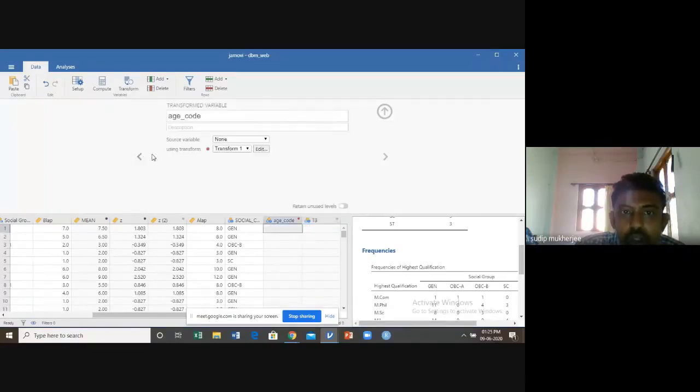You just name the variable of your interest here, just like I do this in age underscore code. What is the description? Description is grouping age, or age group.